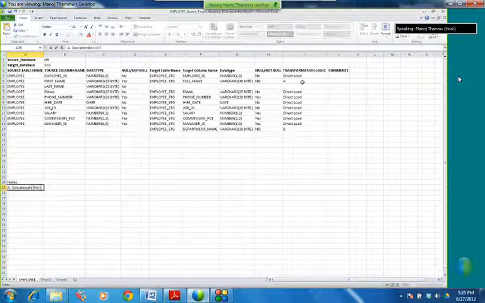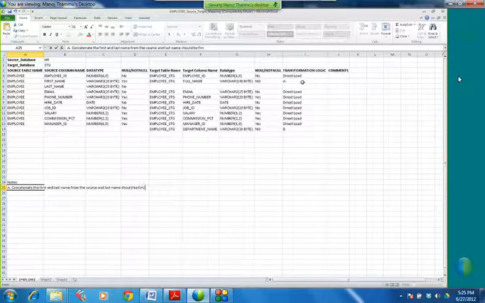A, concatenate the first and last name from the source. Okay, and last name should be first, and both names should be delimited by comma.